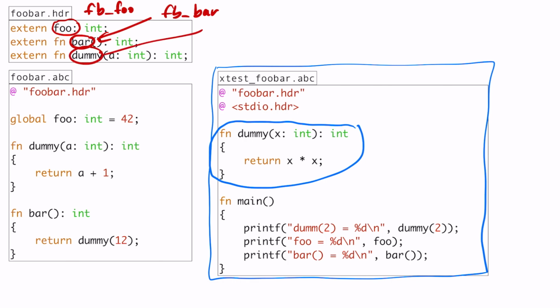And this here, fb_dummy. So that means every symbol that you export begins with fb_, and that means of course that you also have to change things here. You have to change this here, and this here. And then you can avoid the name conflict when linking things together by simply not using the prefix fb_ in